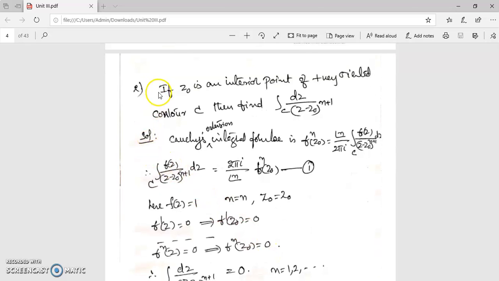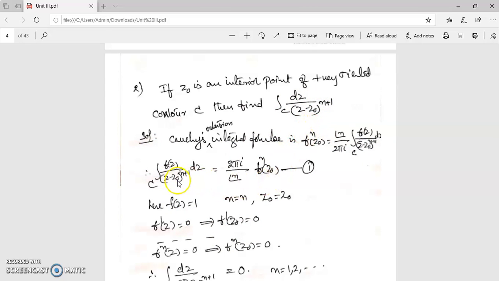The second problem is: if z0 is an interior point of a positively oriented contour C, then find the integration over C of dz by z minus z0 whole power n plus 1. By using Cauchy's integral extension formula, we can write f nth differentiation at z is equal to z naught is equal to factorial n by 2 pi I integration over C of fz by z minus z0 power n plus 1 dz. So comparing this one,